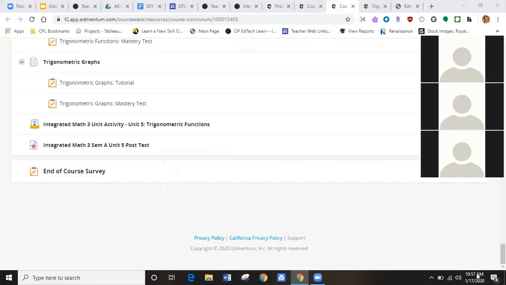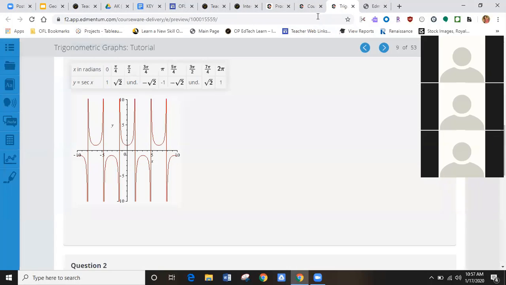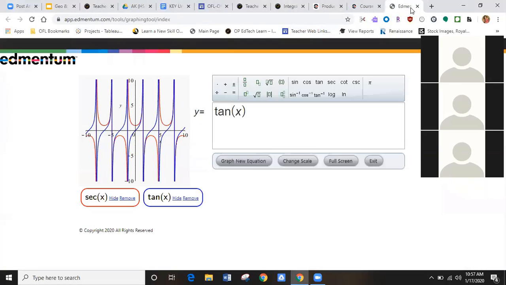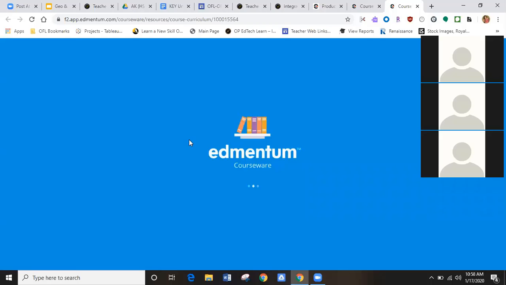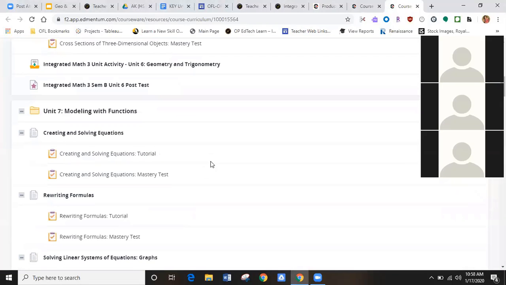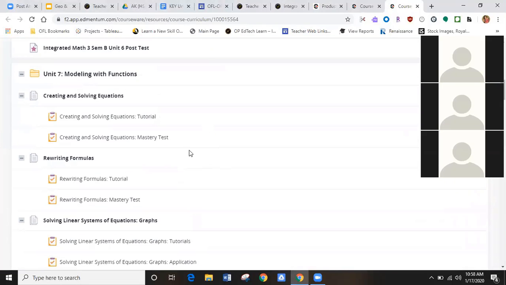They might wonder why their answer may be different from the one that's being shown in the Edmentum course. So I can definitely see that being something that may confuse them. Okay, so it's in unit 7,